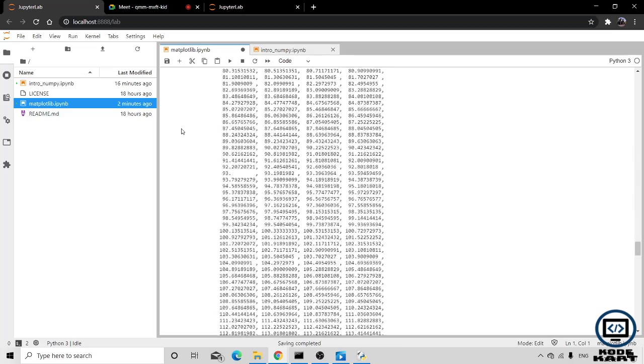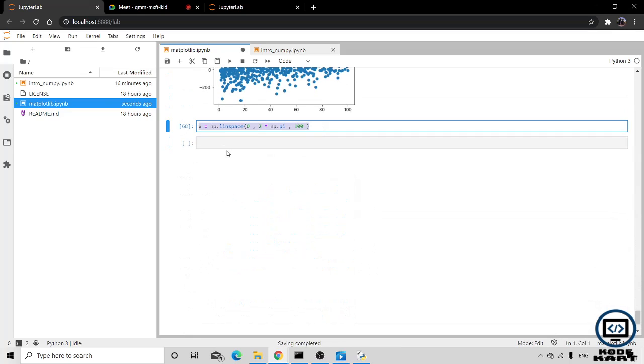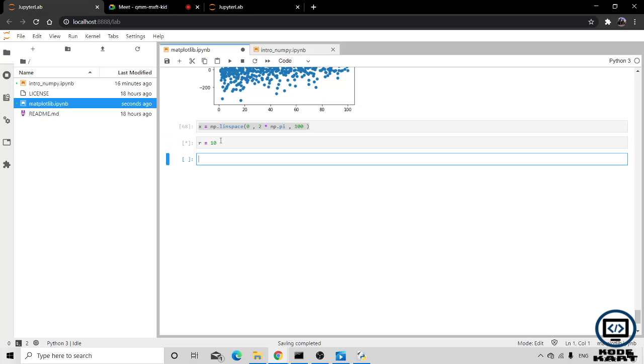Now let's see something more about this. This is the x value. What if I generate, let the radius equal 10. If we generate l equals r cross np.cos x.